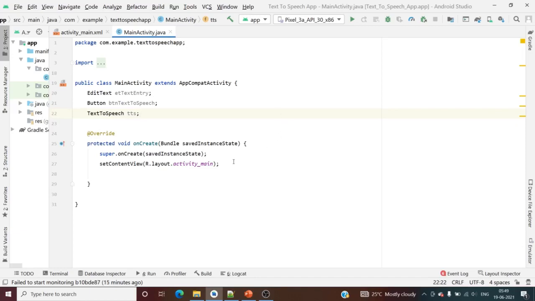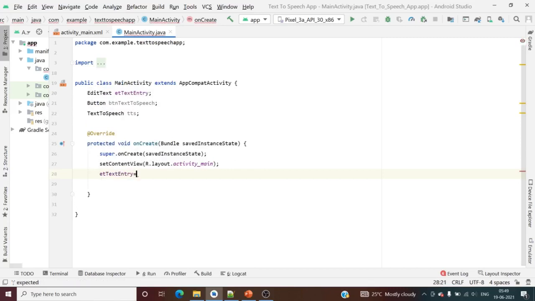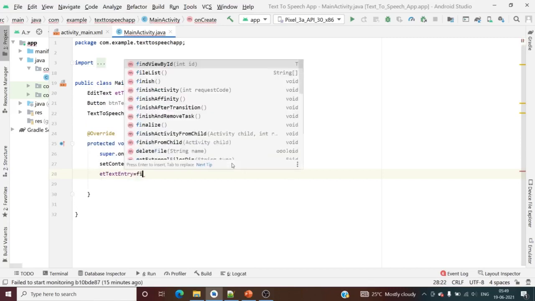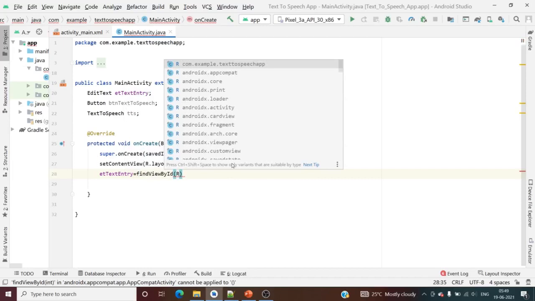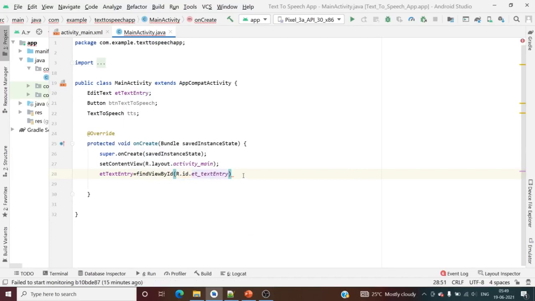Now let us go into onCreate. Here I will be relating the layout with the classes, correct? First is the edit text, that is etTextEntry is equal to findViewById R.id.etTextEntry, correct?